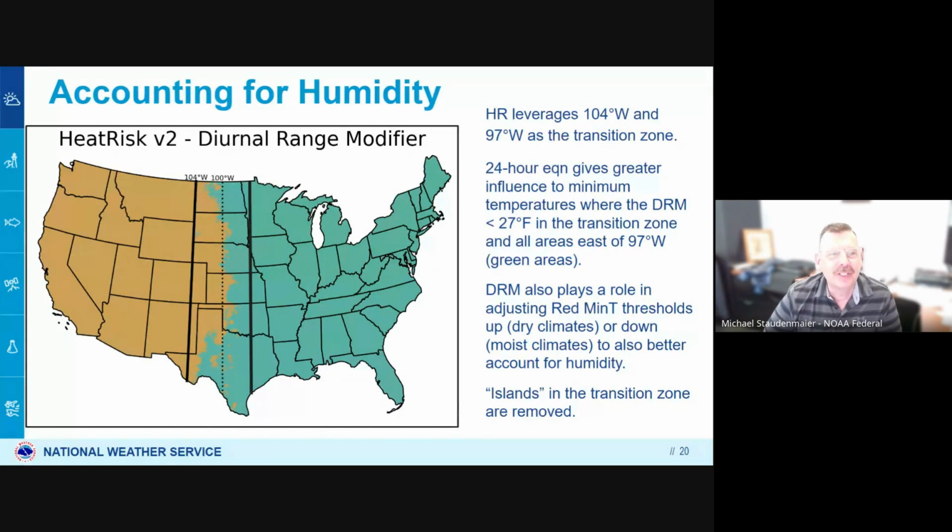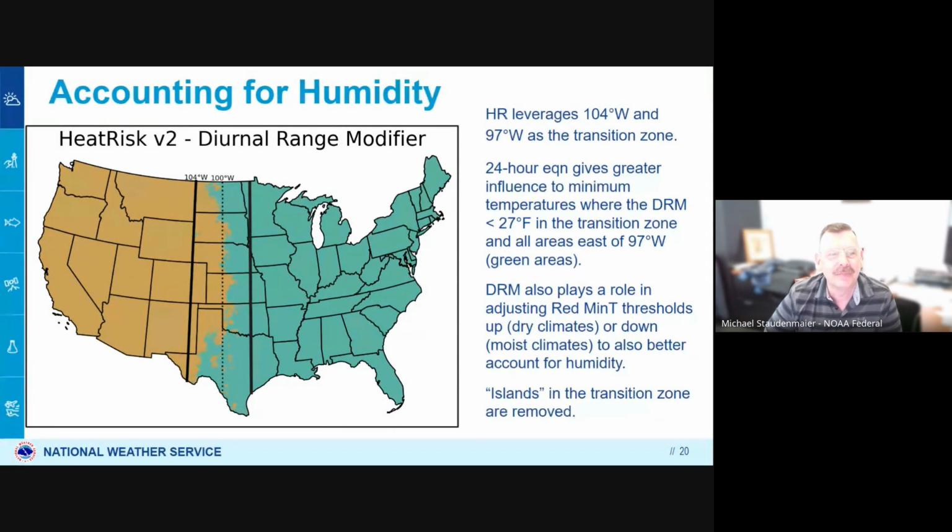Within the transition zone of 104 west and 97 west, we define the area where the DRM is less than 27 degrees to utilize the humid heat risk 24-hour equations. Areas where the DRM is greater than or equal to 27 degrees would utilize the dry heat risk 24-hour equation. All areas west of 104 would also utilize the dry equation, while all areas east of 97 west would utilize